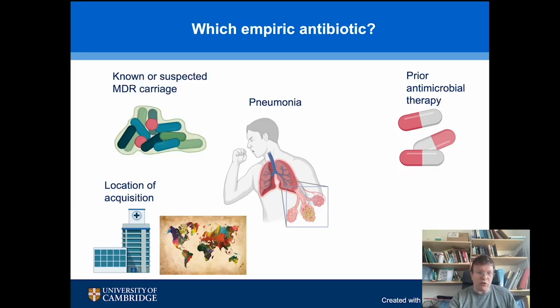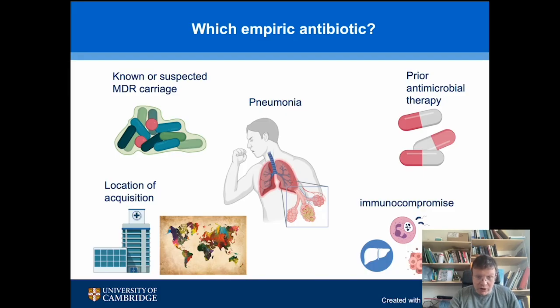Is the patient known or suspected to carry a multi-drug resistant organism, in which case your antibiotics have to cover that organism, either because that's likely to be the cause of infection or to avoid selecting it out further. Is the patient immunocompromised? And if they are immunocompromised, what type of immunocompromise do they have? Are they at risk of opportunistic or unusual organisms that you need to cover? And of course, does the patient have any allergies which preclude particular antibiotic choices? Now, whilst you should consider all of these factors, the